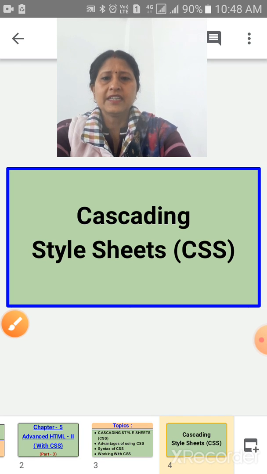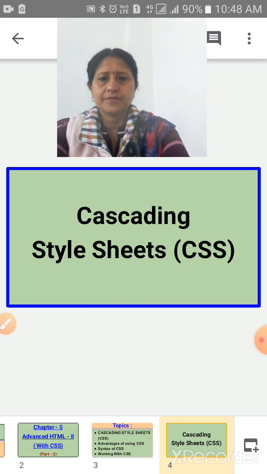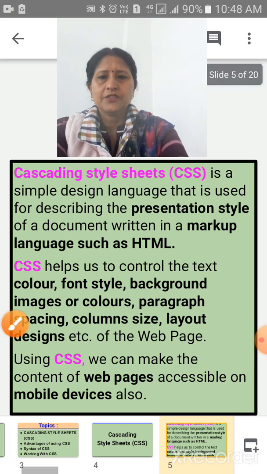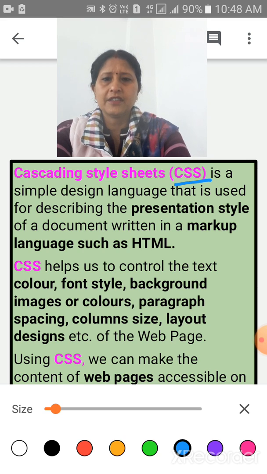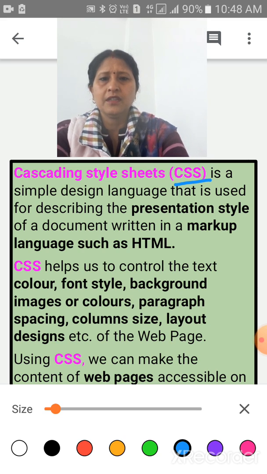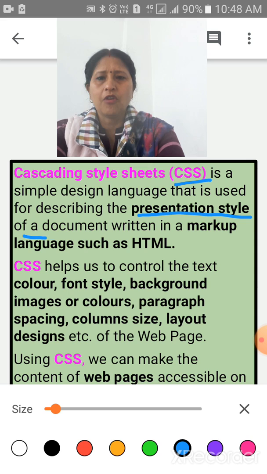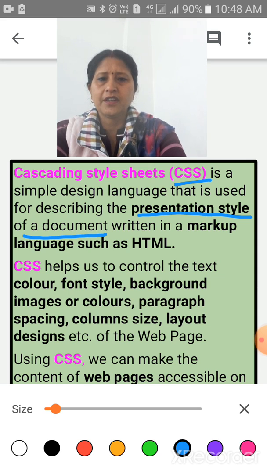Now children, cascading style sheets. CSS is a simple design language that is used for describing the presentation style of a document written in a markup language such as HTML.